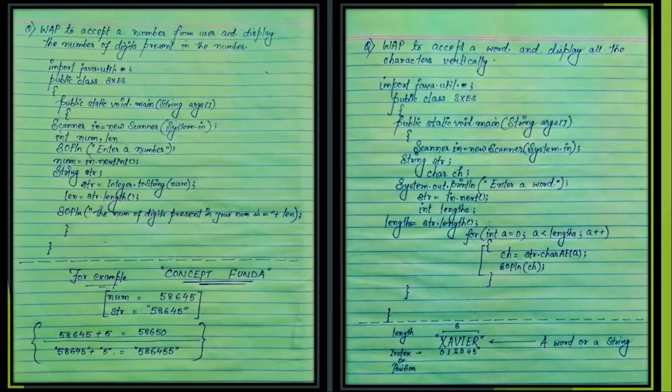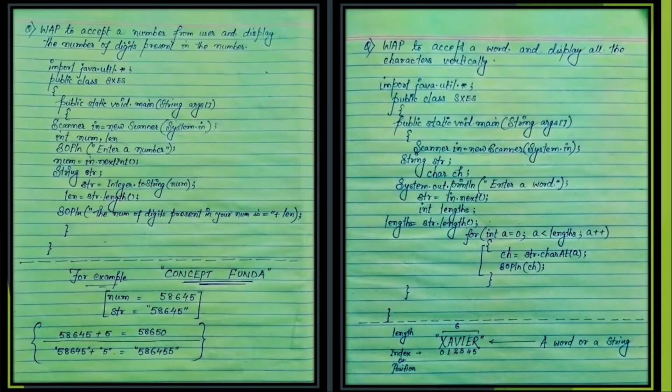Okay, now what is the difference between this number and digit? If we take it as digits, then the number of digits present over here would be 58645. But on account of taking the number it would be 58,645. So this whole thing is taken as a number. But if we take individually, then 5 is a digit, 8 is a digit, 6 is a digit, 4 is a digit, and 5 is a digit.